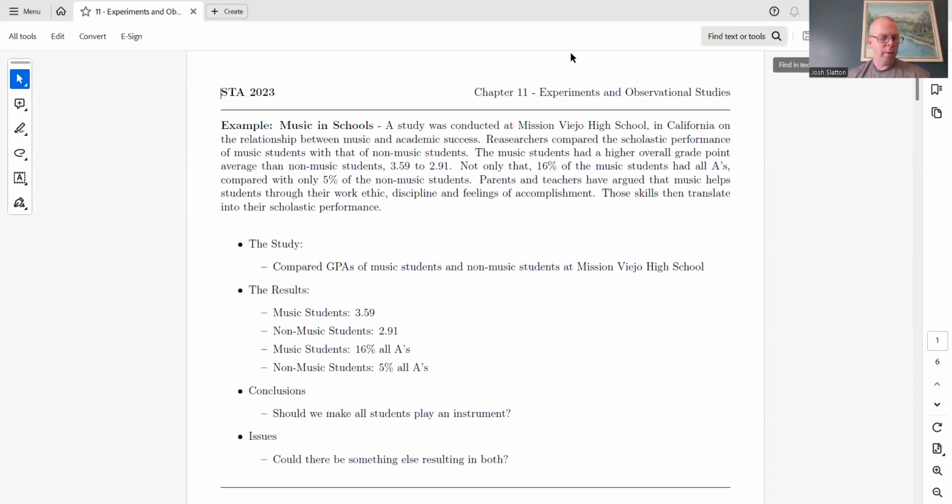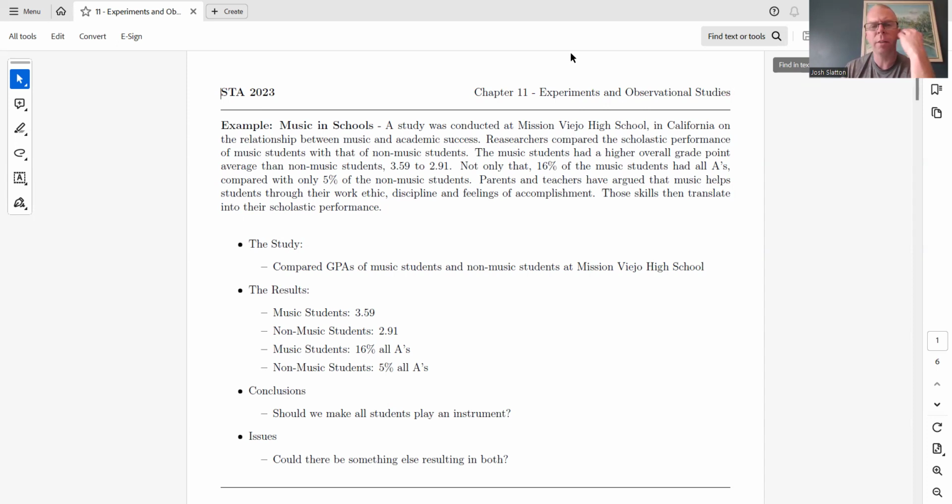All right. Well, this is the second chapter, kind of in a sequence of two chapters, where we're talking about collecting data and what we can do with it. So in chapter 10, we were talking about sample surveys and how we can collect data, how we can get a good, random sample, minimize bias, and that kind of thing. And so in this chapter, chapter 11, we're going to talk about what we do with that data once we get it. And so let's start with an example.